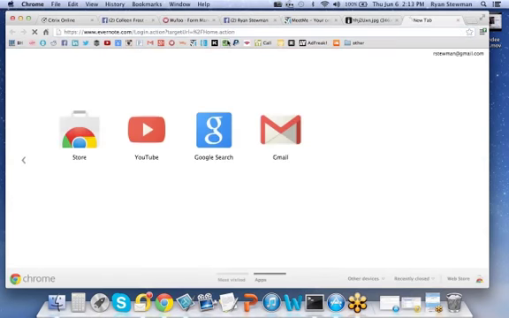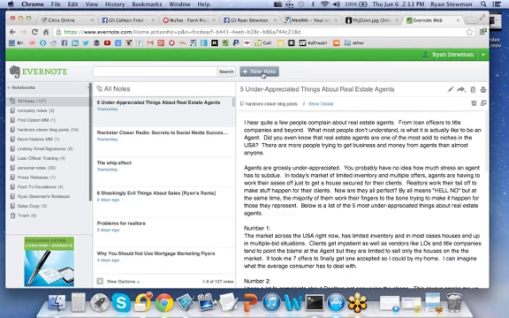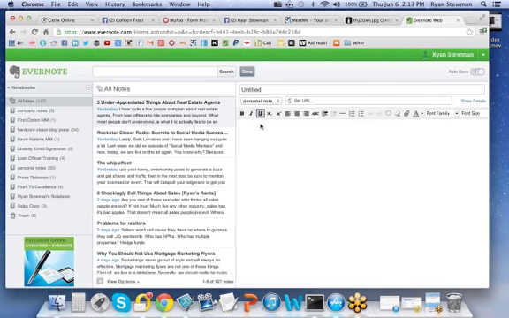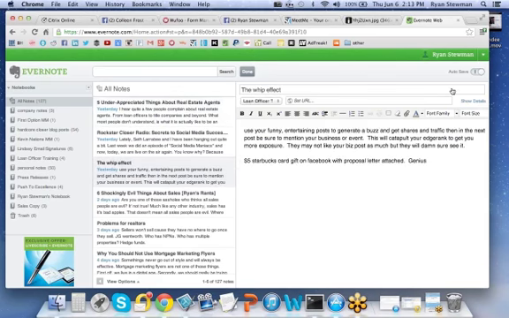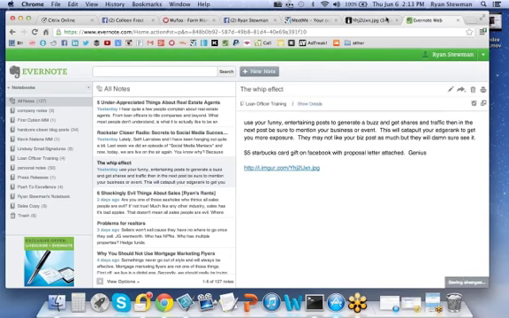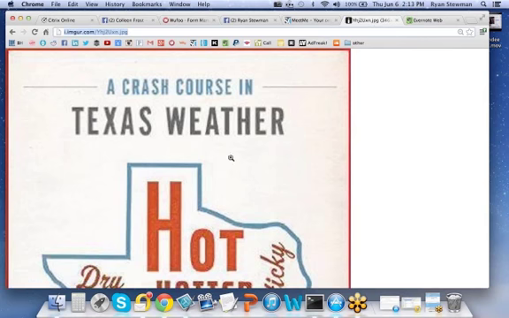That would be really good for me to save in my Evernote account. And if you're not using Evernote, it's like the greatest thing ever. I don't really have time to go into that today, but it is definitely one of the greatest tools that you can use to share stuff, because I can come back to this link later and then copy it and use it in one of my campaigns. I don't have to post it just right now that I saw it, right? So I just go back and save it in Evernote.